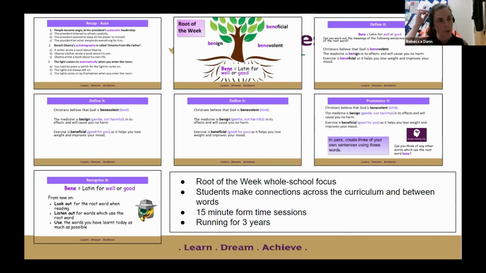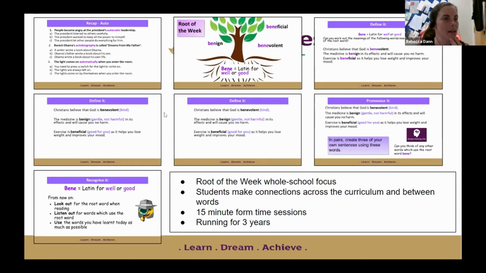Another approach was using form time. So we used form time to look at etymology and morphology. And the reason that I chose this approach is I wanted students to be able to not just learn a word of the week, but be able to make connections between vocabulary in different subject areas.